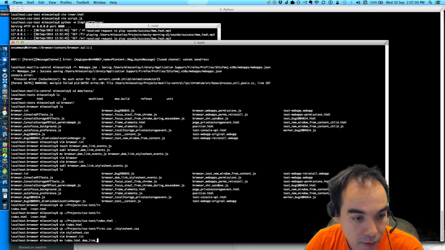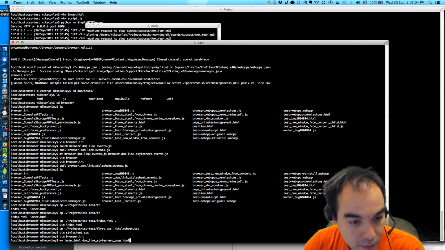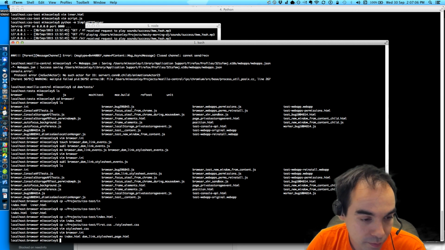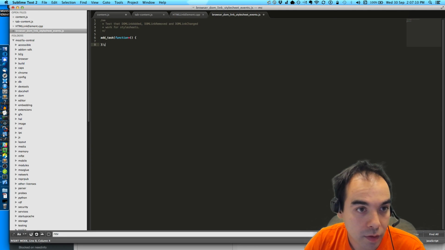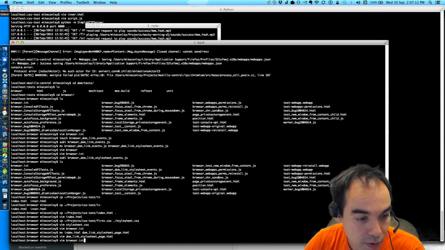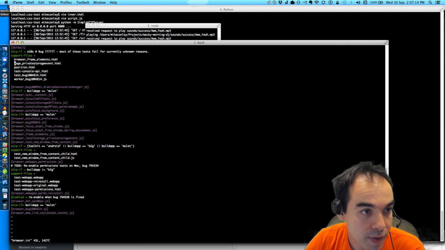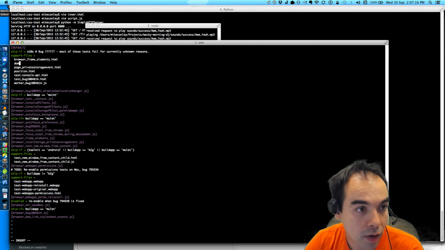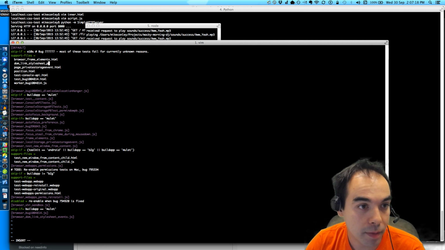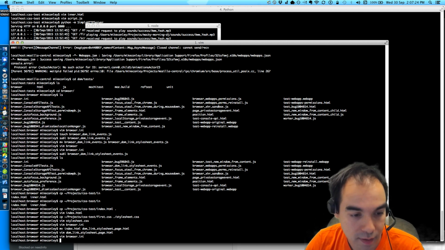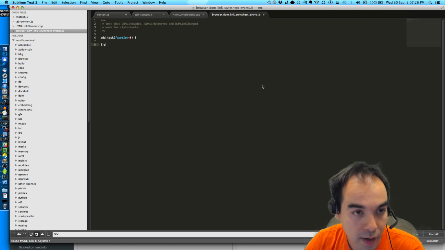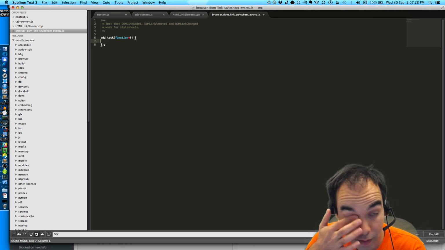DOM link style sheet page. Sure. Maybe that's a good enough name. And under browser.ini, we'll say DOM link style sheet page.html, and then style sheet.css. Great. And now back to our test.